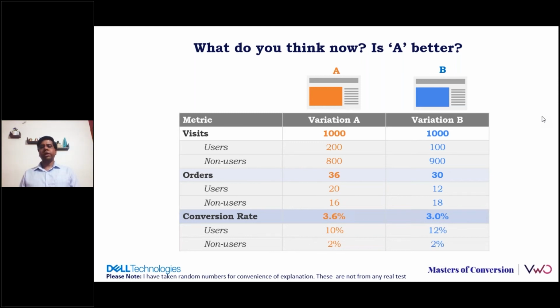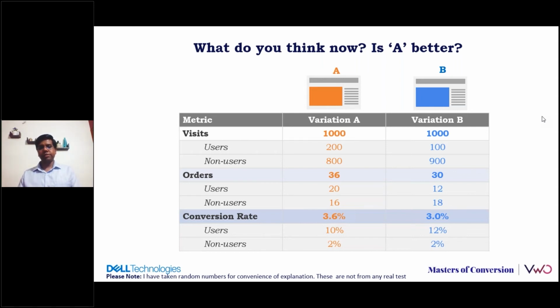These 100 people may either use the top navigation or masthead, or scroll on the page, click on some link, or do a search on the page. So again, there's a question about who is a user. A user is people who come to the website, basically any visitor who comes to the website. And I'm now specifically talking about visitors who come to a specific page. Here you see that overall orders that I get for the traffic that comes to this page is 36 in A, 30 in B. That means while yes, people who engage with the banner have a very good conversion rate, 10%,